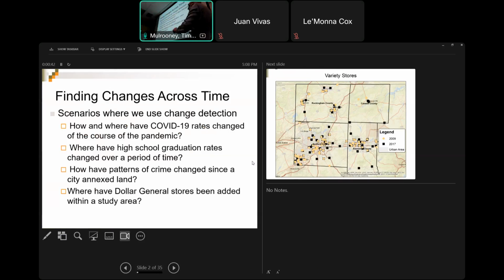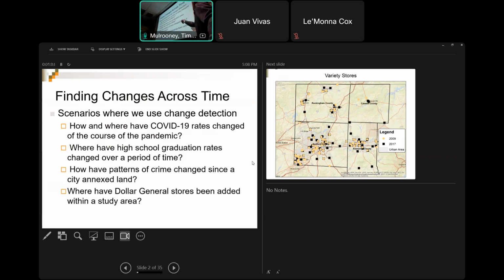So we want to find changes across time. Now, ArcGIS Pro has done a really good job with time series mapping, so you can do maps that change from one color to the next. When I started with GIS software, it didn't really do much of that, so I haven't gotten too much into it.